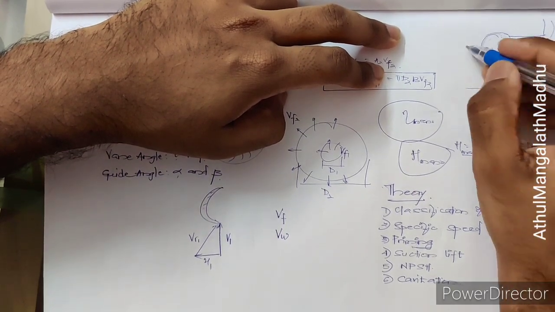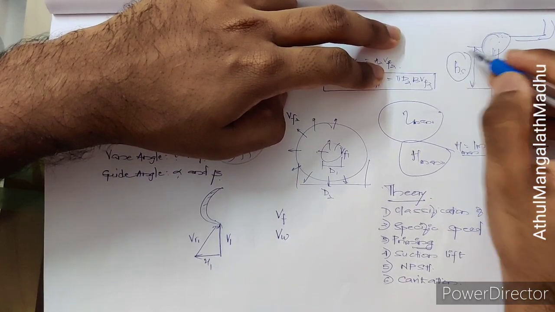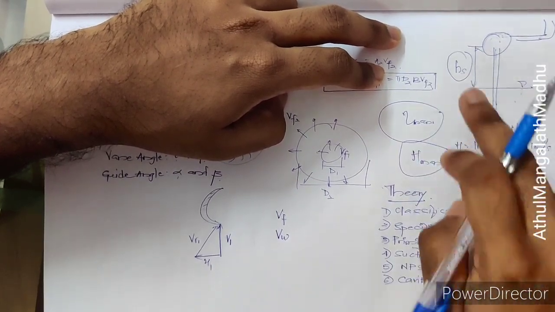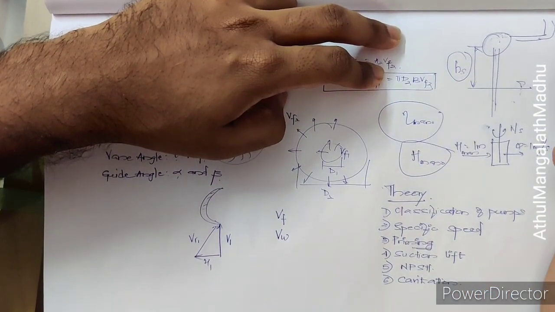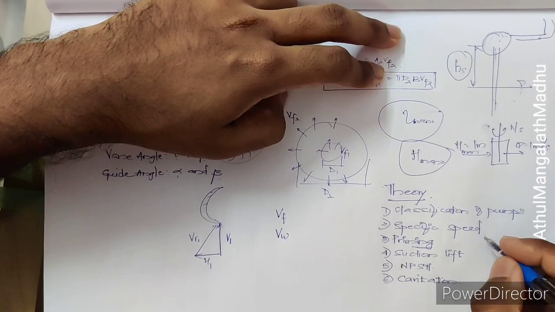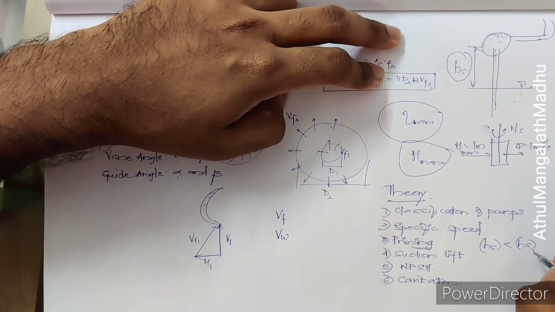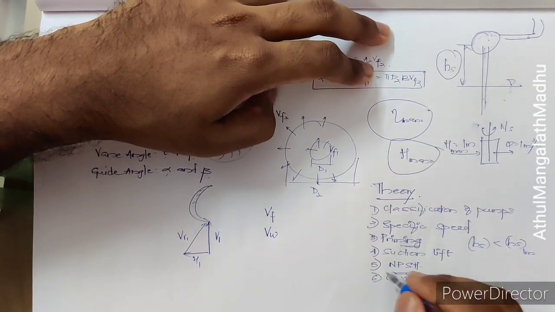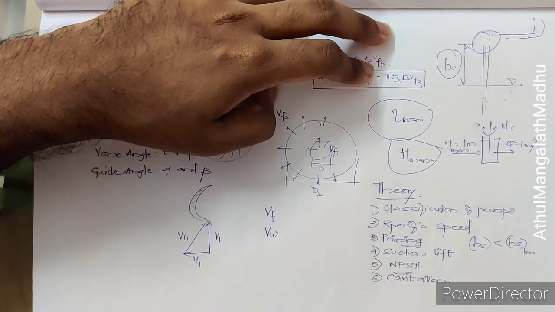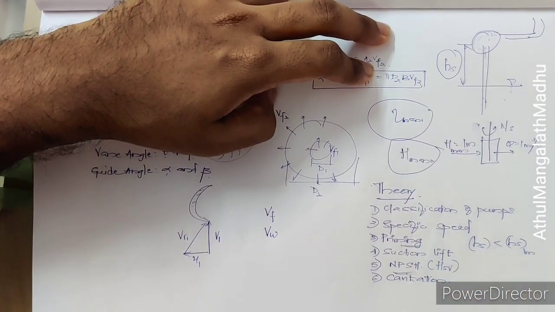And suction lift. So this much height, you have to have a lift of this much, and that's called the suction lift. And we have seen what's the limiting case of the suction lift. We have seen that for no cavitation to occur, HS should be less than your limiting value of suction lift. This we have seen. And we have seen what it means by NPSH, net positive suction head. We have seen how to find the equation for net positive suction head.